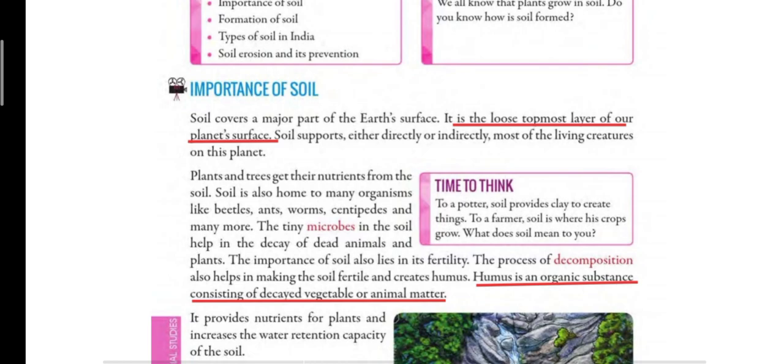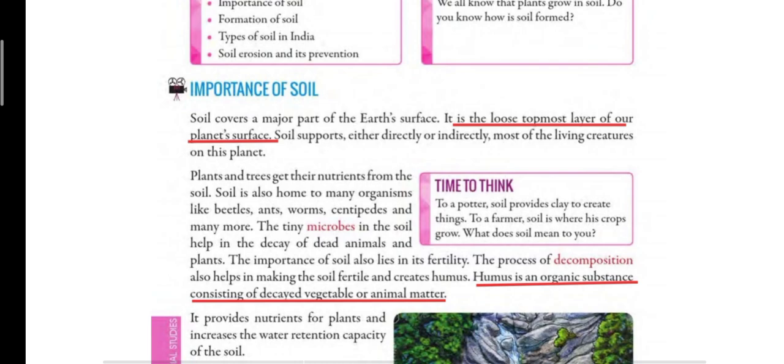Now, in the second paragraph, children, we will learn about the various importance of soil, or how soil is important for us. Plants and trees get their nutrients from the soil. Soil is also home to many microorganisms like beetles, ants, worms, centipedes, and many more. So, the first importance of soil is that